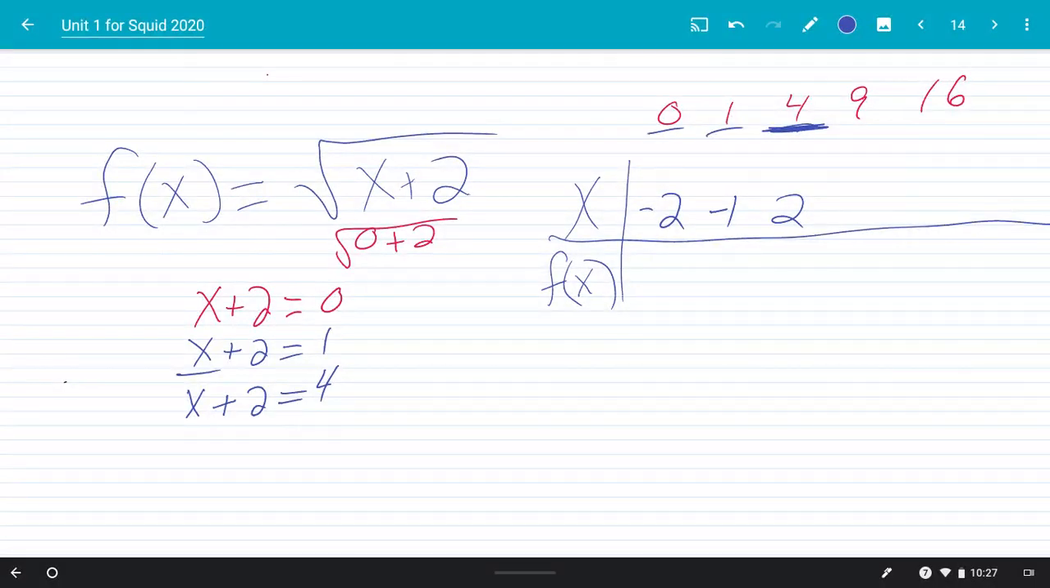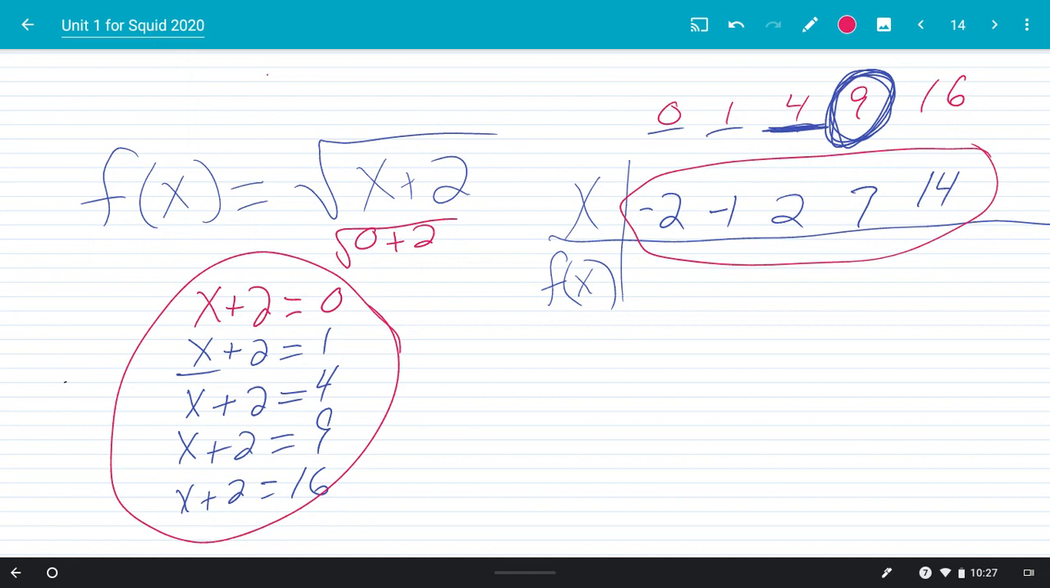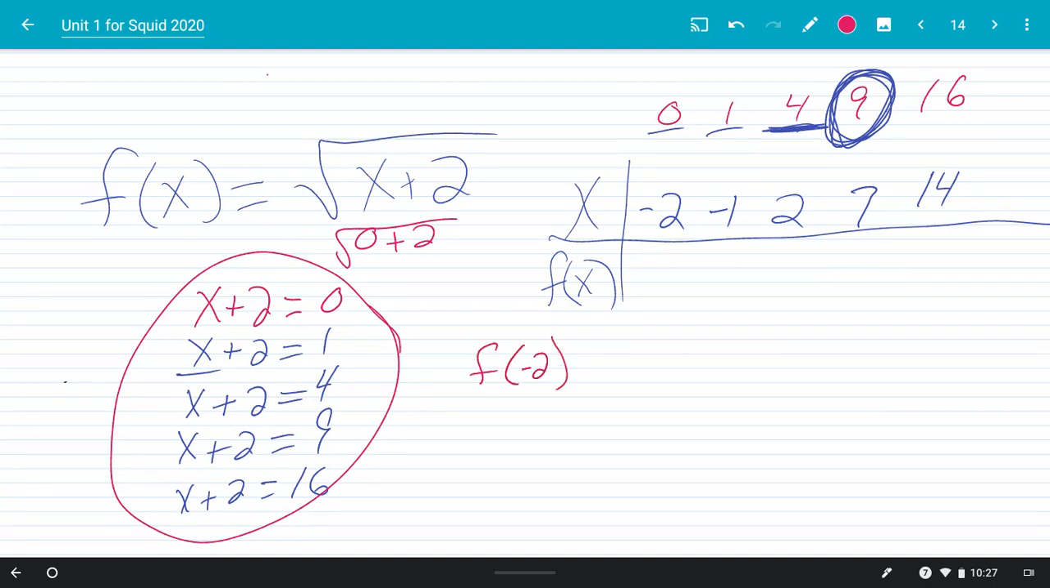So now I need to find the what? The 9. I need to get x plus 2 to equal 9. What plus 2 gets me 9? 7. Now, what's the last one? X plus 2 equals 16. What plus 2 is going to be 16? 14. See, I just now chose these inputs. I used these to choose those inputs. Okay? Why did you do that, Mr. Herman? Because now when I plug this in and I go f of -2 equals the square root of -2